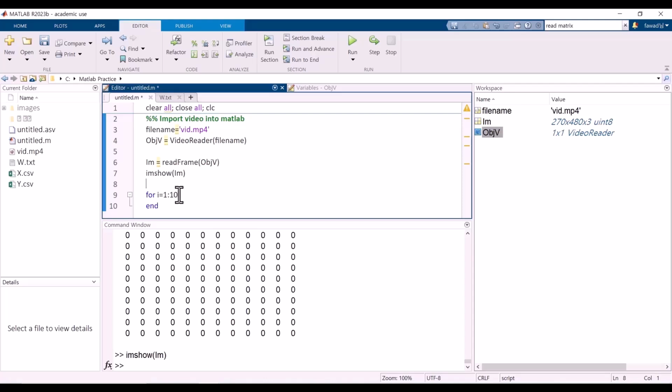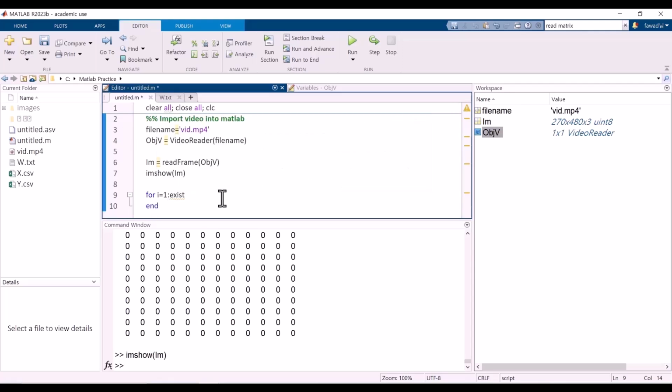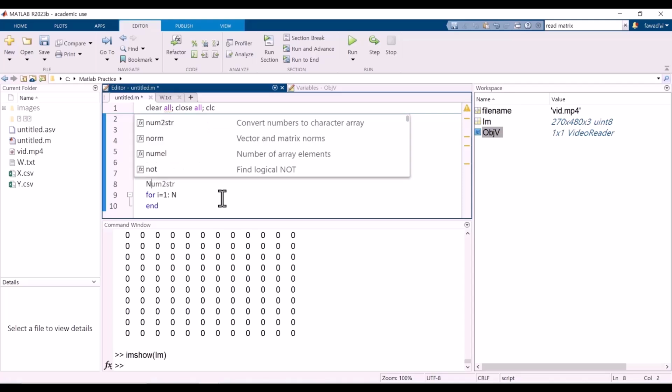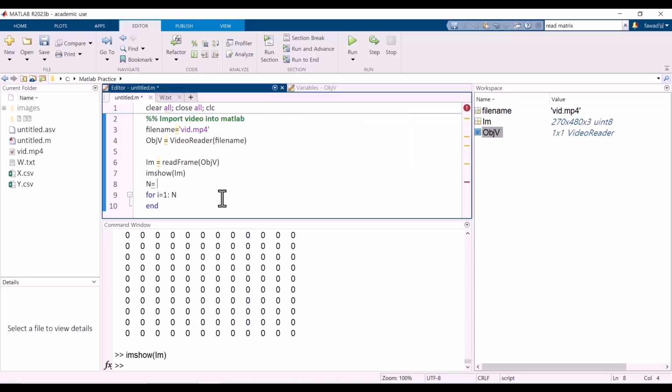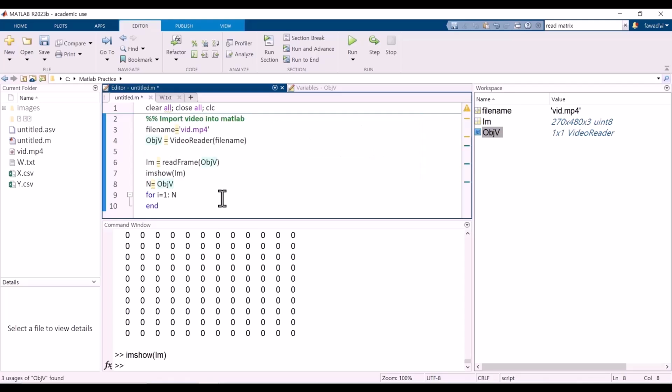So I will need to create a variable which stores the total number of frames that exist within this video. Suppose I create a variable n, and n stores the total number of frames within this object, within this video. So I will write